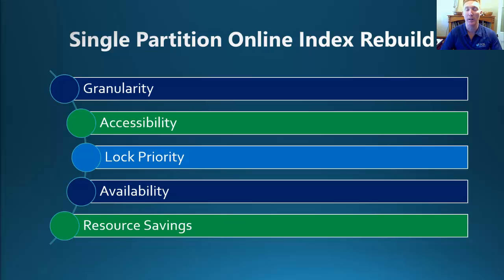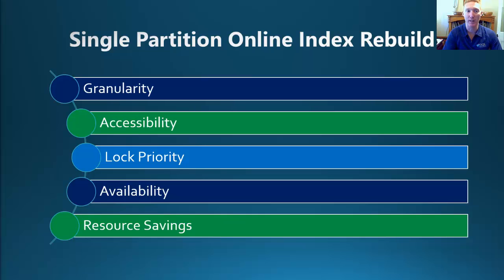The lock priority, and this is where the previous slide comes into it. If we're issuing an index rebuild on a particular partition and we're being blocked by some statements, we can actually choose to kill off that block to improve our performance, get that job done, meet our requirements of staying inside our maintenance window. The availability, because we've got that granularity, we can do it online. We maintain our SLAs and our uptime because we've reduced the duration for the index rebuild to occur, and our statements can still access the